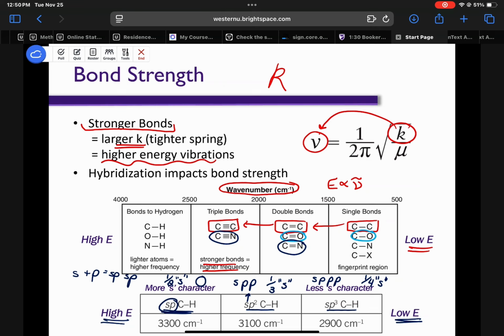Second factor here was the hybridization of the atom. So for example, carbon going from sp, half s character, tighter, closer, stronger bond, to sp3, 1/4 s character, slightly less of a strong bond. They vibrate at different frequencies, different wave numbers, and it can help us figure out what types of bonds we